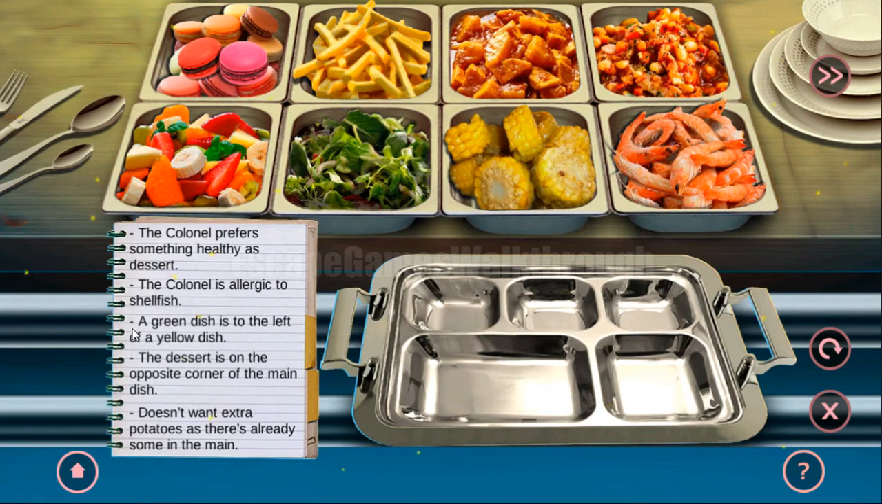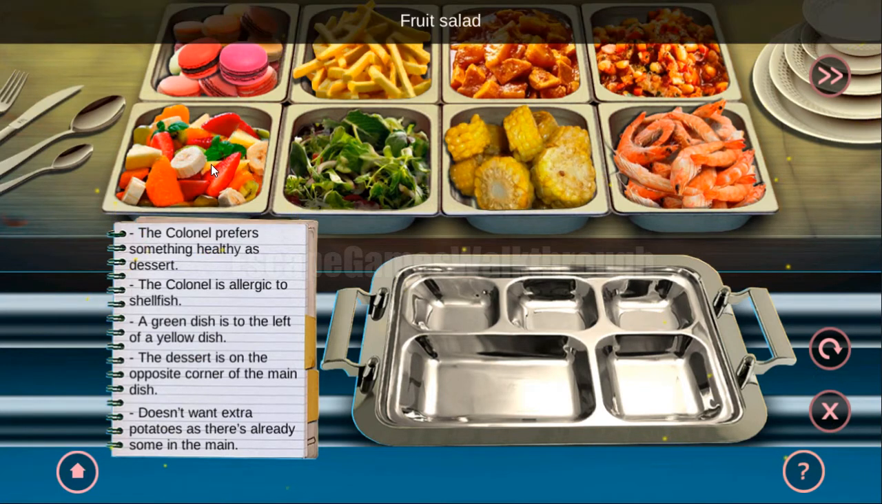Okay, a green dish is to the left of the yellow dish, so we have green one and 2 yellow. The dessert is on the opposite corner of the main dish. So let's think that the main dish has to be put on the big slot. So on the opposite side, here it is for the dessert, and the dessert is this salad, and